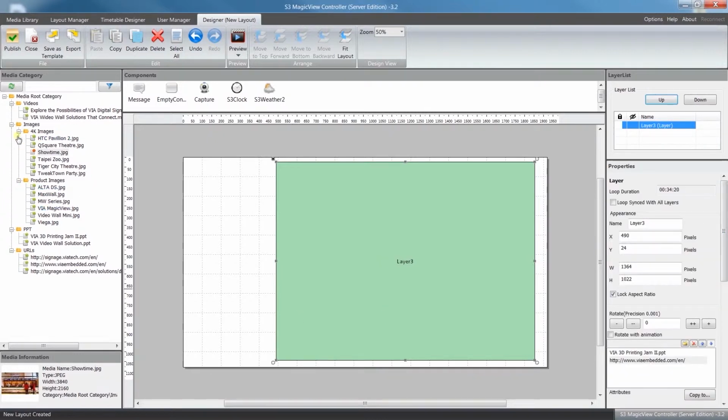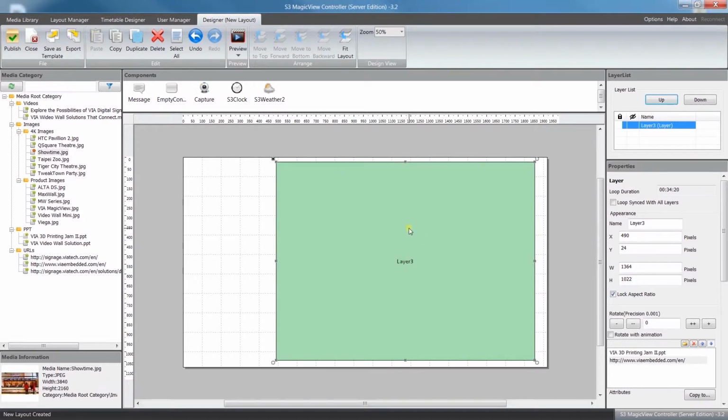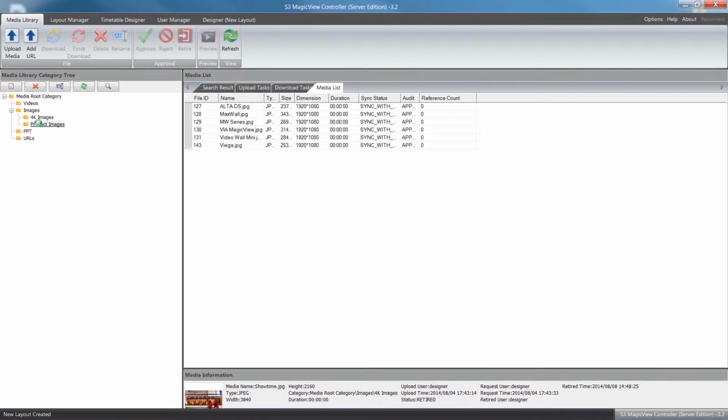One more thing I'll show you here is if I look back at my media list, I noticed that one of my pieces of content has a red mark on it. If I was to try to drag this in, it's telling me only approved items can be dragged. That means this piece of content has been locked. Either it hasn't been approved for use or it's been retired. So if I go back to my media library and I navigate to where it is, and that was our show time,